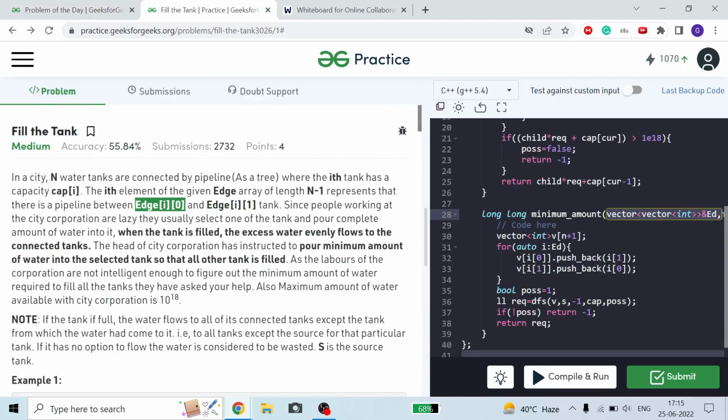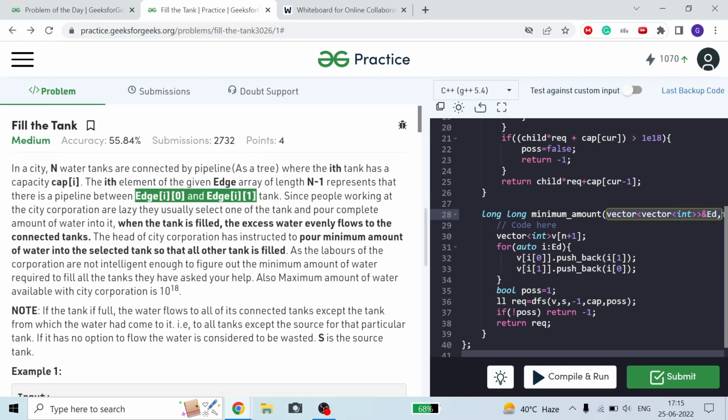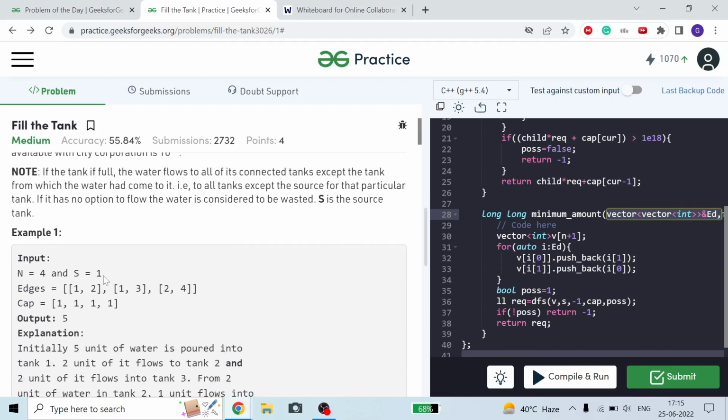So guys, here what we are given is n water tanks, which are connected, and each ith tank has capacity cap[i]. Cap is an array given to us, and we are given an edge array where the ith element of the edge array means edge[i][0] and edge[i][1] are connected, meaning there is an edge between them. Now what we are doing, we are selecting our source node and we are giving some amount of water to it, so that